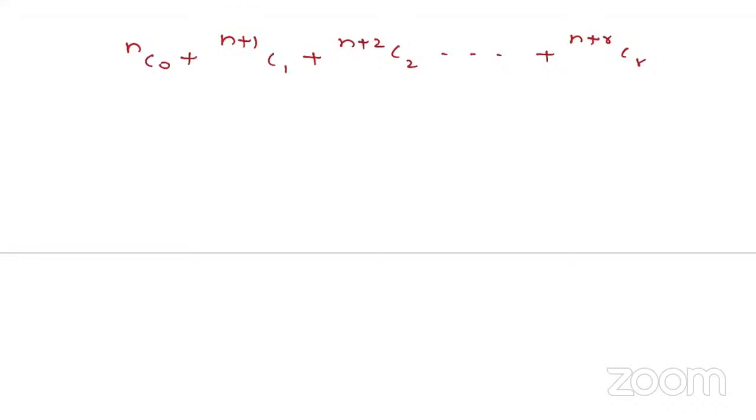So let's suppose I'm writing this as nC0. The value of this is 1 only. I'm writing this as n plus 1 C0. nC0 is the same as n plus 1 C0. Both the values are 1. And again, starting the question,